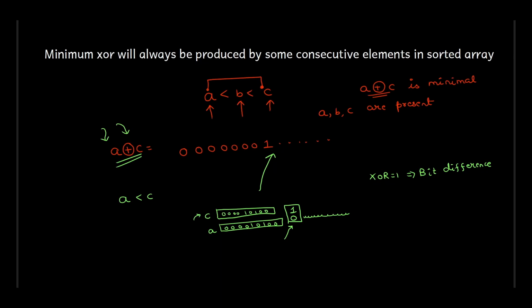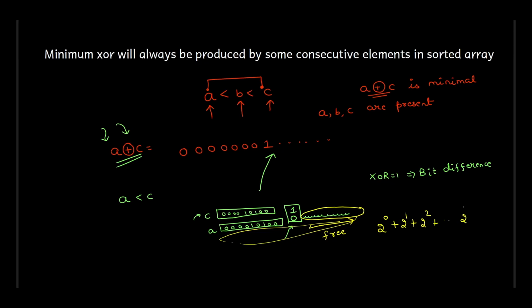So after the highest order bit has mismatched, where it is 1 and this has become 0, then you are free to set any of these bits to either 0 or 1, and this resulting number will always be smaller than C. Why is that true? Because the sum of all of these lower order bits is nothing but 2 to the power 0 plus 2 to the power 1 plus 2 to the power 2, etc.,